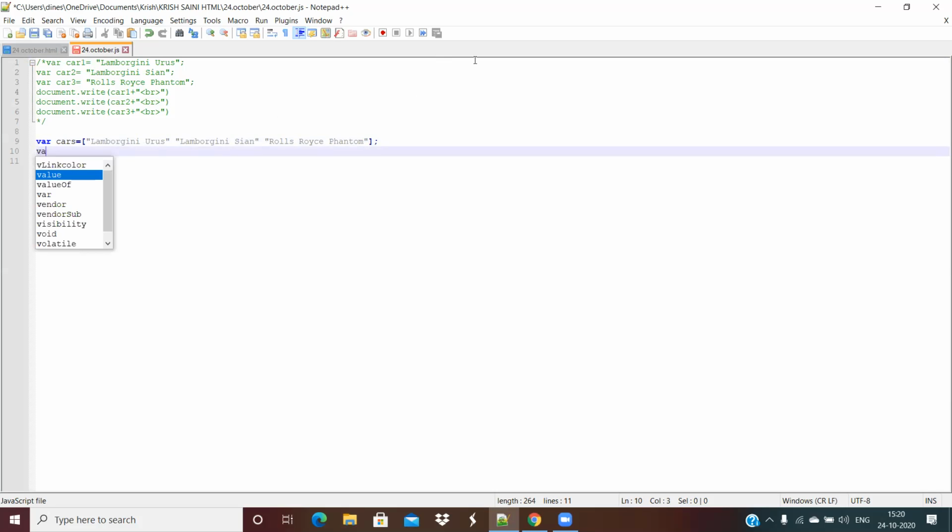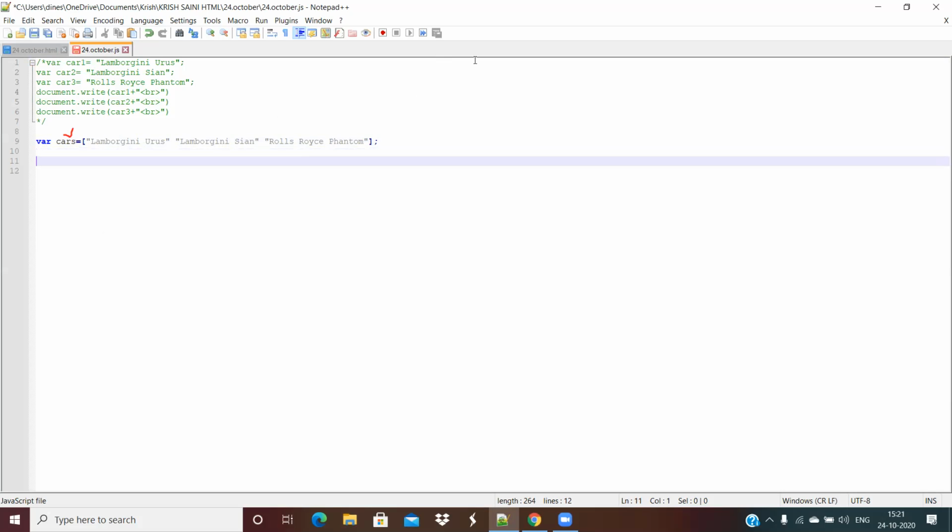So this is an array, right? var cars. We will create one more array by the name colors and put three different colors inside that. Any three different colors, in double quotes. And when you define the array values, they have to be separated by commas.